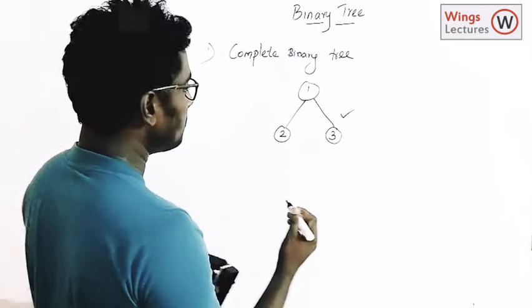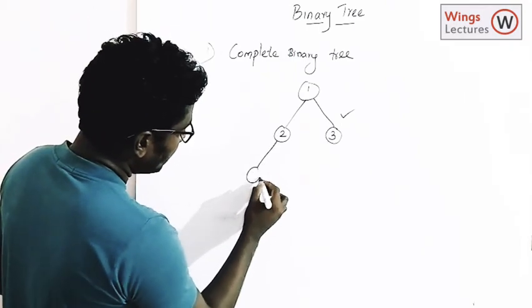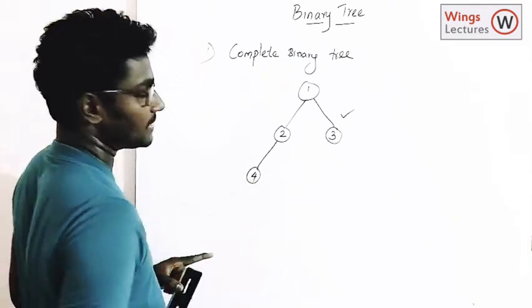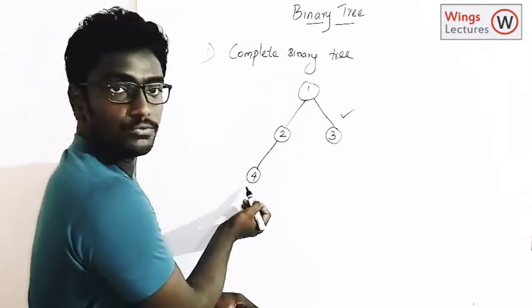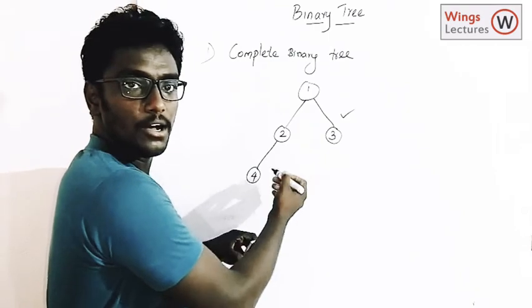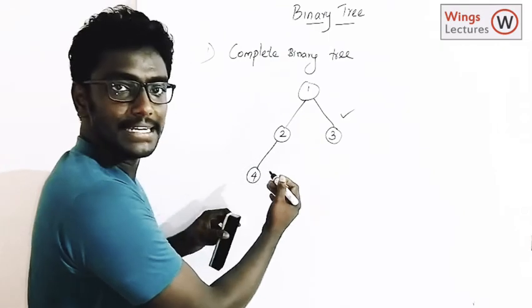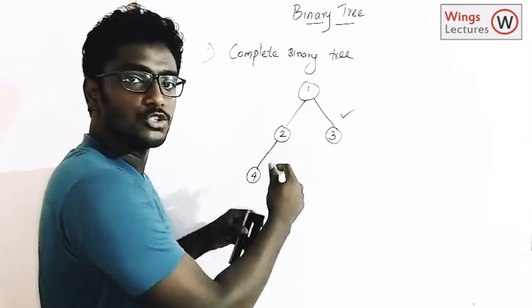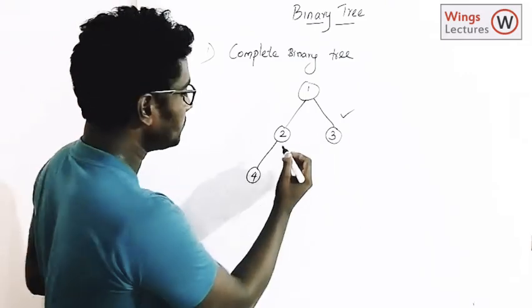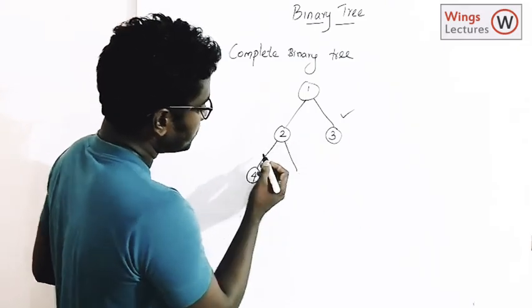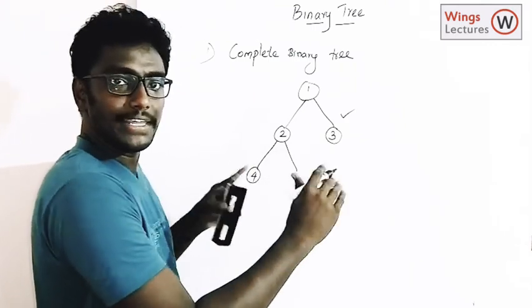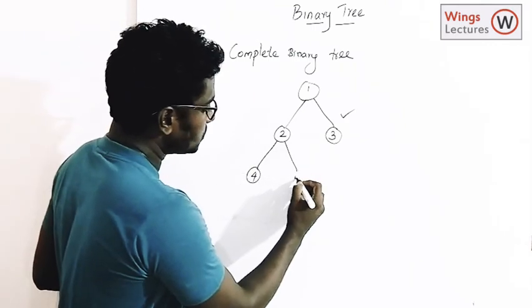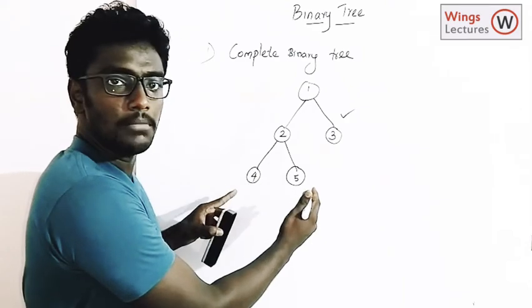In some cases, if it has a leaf like this, it's not a complete binary tree, because the leaves are not in the same order. Definitely it has to fill all the leaves. The left side has 1 but the right side has 0, so it's not equal. So I have to fill this one, and then only it will become a complete